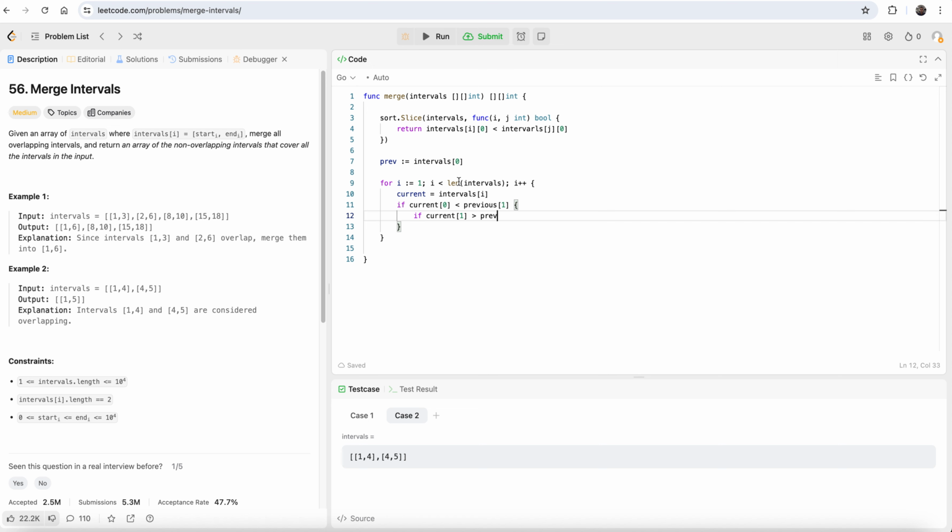So that is prev[1]. And if this is the scenario, then I can update this previous. So I can say previous[1] is current[1]. So in this way, I updated the item when we find the overlap. So if overlap, update previous, else, if there is no overlap,